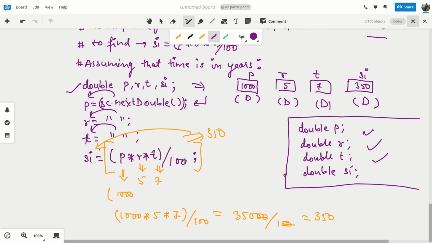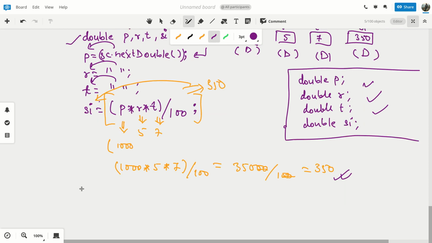Then this expression will be evaluated by substituting or fetching values from the respective memory locations. An intermediate expression will be formed in the background and that intermediate expression will be solved. One single value will be obtained, and then that single value will be put inside the memory location or the variable labeled SI. Then you are going to print the value from that variable in the next line, which contains 350. So it will look inside the variable labeled SI, and then that value will be printed on the screen.